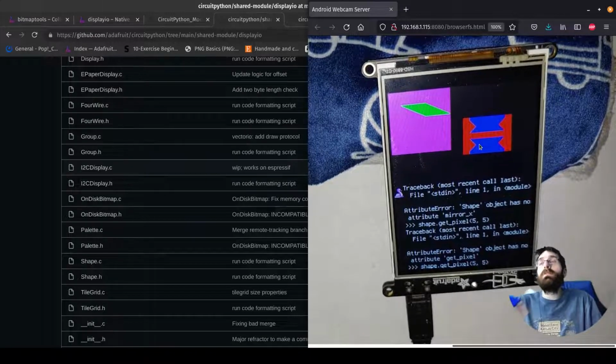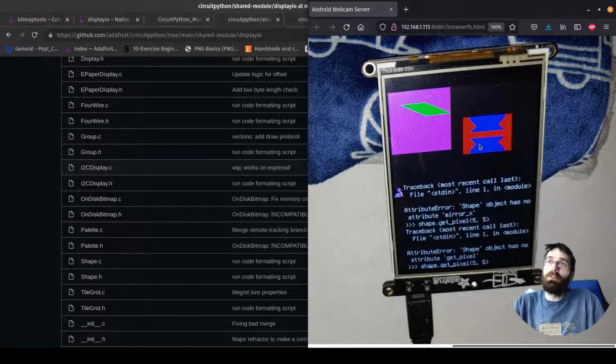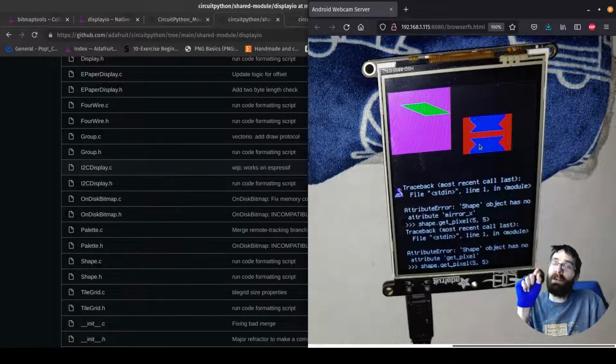So maybe, like, Adafruit is often thinking of the project first. Like, what is the project that uses the feature? A lot of times it's not necessarily like, hey, let's make this new feature in CircuitPython, but a lot more times it's like, we have this project in mind. Let's go make the features that it needs. So in this case, the project is the clay thing. The feature is the getPixel. The reason why that'd be helpful is